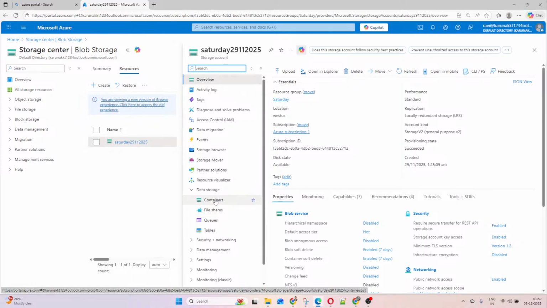Okay, so this is the storage account, and in simple words, I can say a storage account is a base container, and inside it you get multiple types of storage options depending on your use cases. Okay,